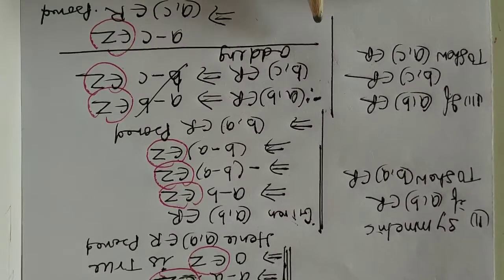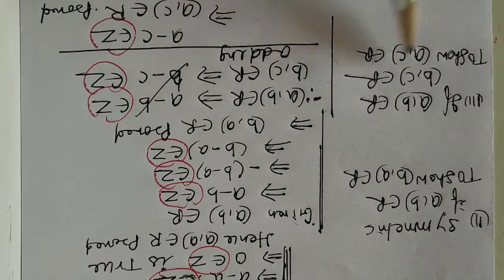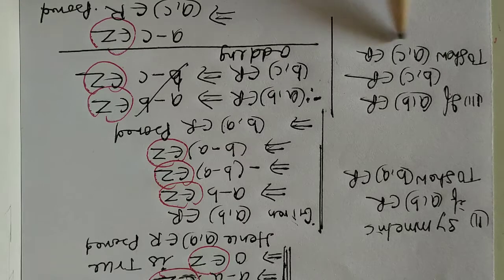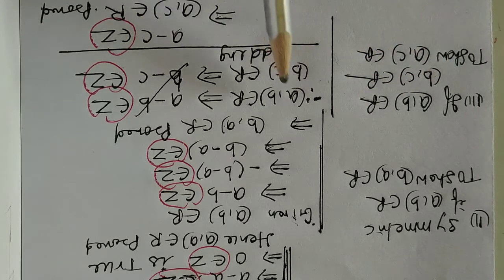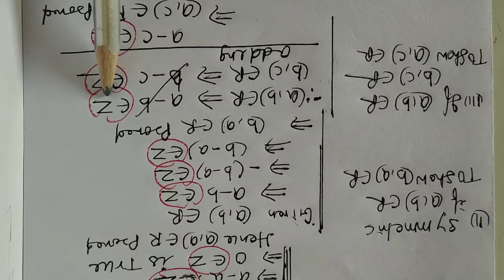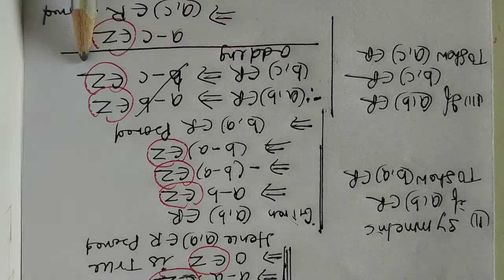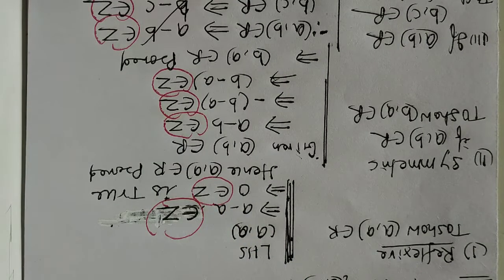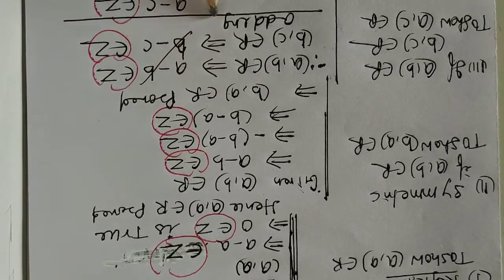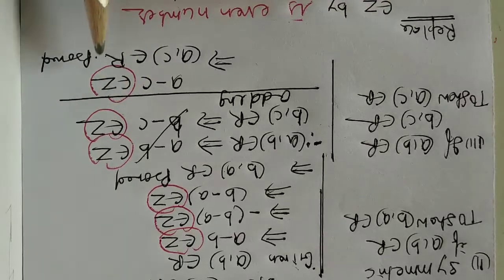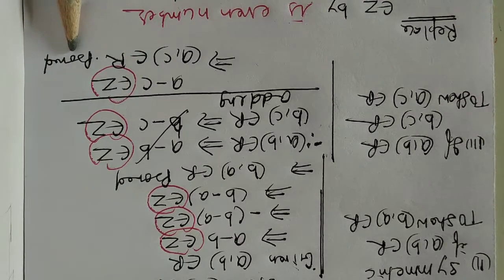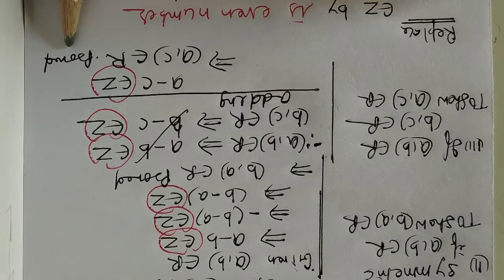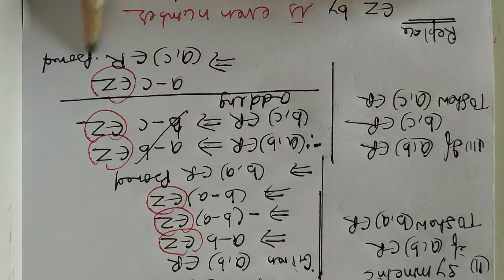Now transitive. If (a, b) belongs to R and (b, c) belongs to R, we have to show that (a, c) belongs to R. In transitive, b will be cancelled, then (a, c) will remain. So (a, b) belongs to R means a minus b belongs to Z. (b, c) belongs to R means b minus c belongs to Z according to the definition given earlier. Now b cancelled on adding, so on adding, a minus c belongs to Z, so (a, c) belongs to R. Hence all the three relations are verified, so equivalence relation proved.